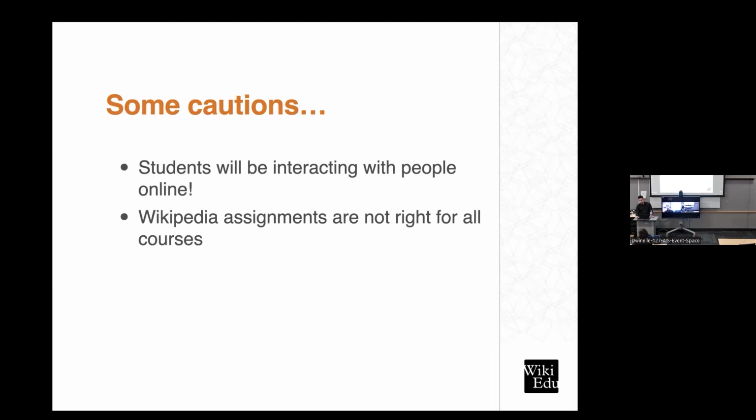And finally, follow our best practices. Do not teach with Wikipedia on your own without our support. We're here to make sure that it is a positive experience for you and your students so that you can continue editing Wikipedia and continue using the assignment.